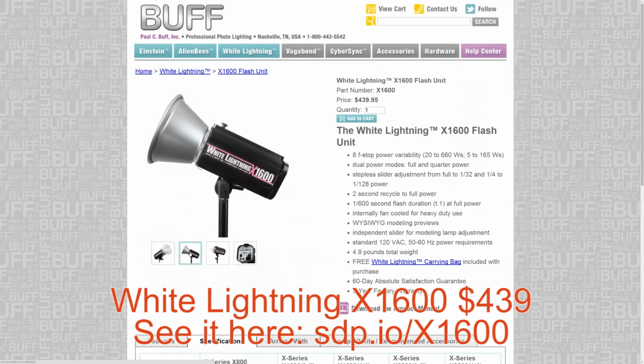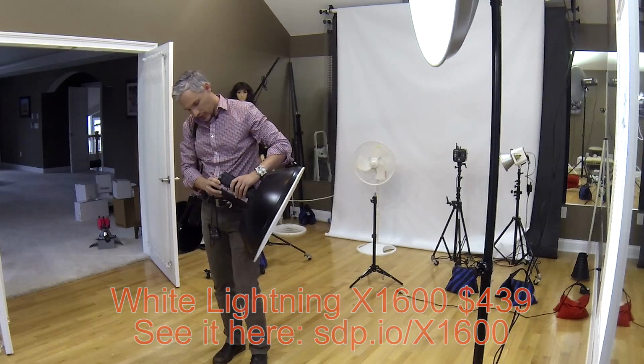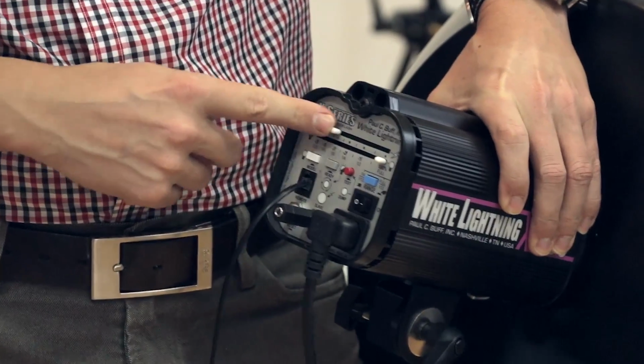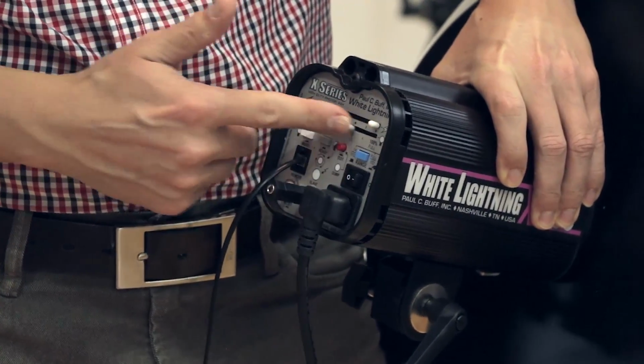Up next, I have the Paul C. Buff White Lightning series. This again is their mid-range, the X1600. You can get them in twice or half the power. The controls back here are a little more complex because they provide separate controls for flash output and modeling lamp output. I don't really find it necessary to manually adjust the modeling lamp because I always just have it track